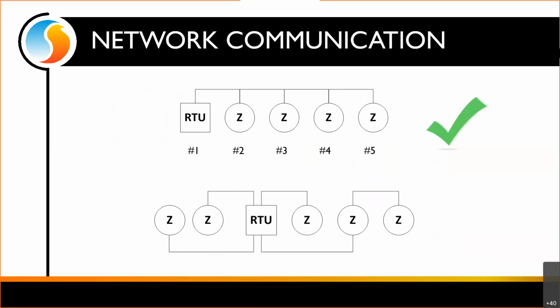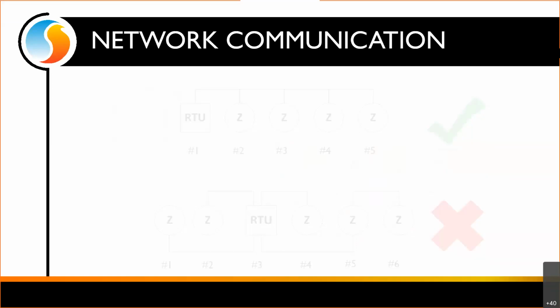Now, in the bottom example, let's say we have different zone controllers. They all have sequential addresses as well. However, they are not in a daisy chain. It is more of a star kind of configuration. Well, that is a no for ProLon. So it must be a daisy chain. Number 2,